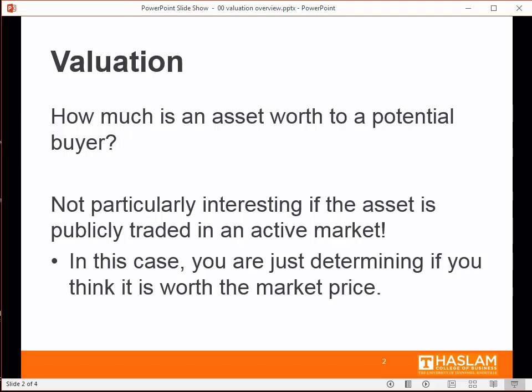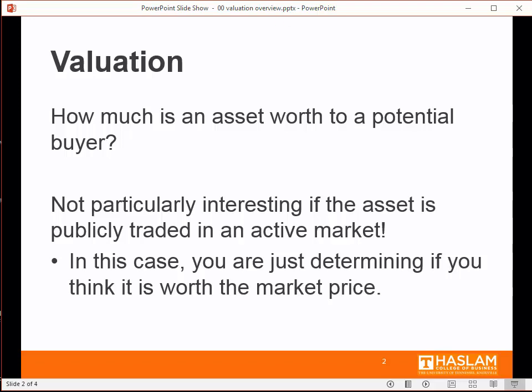Now, this is not a very interesting question if the asset happens to be publicly traded in an active market, because then you have a really good idea of how much it's worth, at least to some buyers, because they are actively trading it. So, for example, common stock, IBM stock, or General Motors stock, see how much that is trading for on a day-to-day basis. That gives you a good idea of how much at least the market considers it to be worth. And if you apply these techniques to companies like that for the purposes of evaluating their common stock, well, simply you're just determining how much you think the asset is worth relative to the market price, and really not all